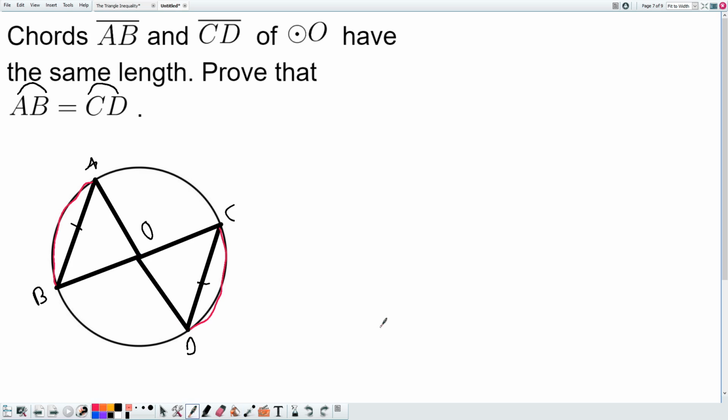So let's draw the distances to the center of the circle, and all radii have the same length, so we know these lengths have to be the same. So what that means is we have that triangle AOB is congruent to triangle COD by side-side-side congruence,